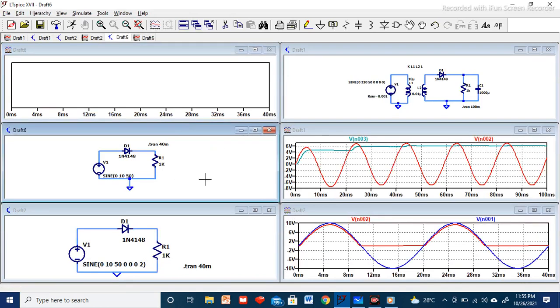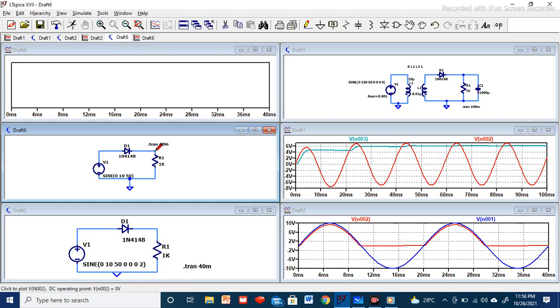Here a lot of windows are open because I already have the circuits I showed you. This was the circuit I'm going to simulate here. This circuit is the current one I have simulated. If I want to see the voltage across this load resistance or the current: if you get this symbol, it means I will get the current across this load resistor, and if I get this pen symbol, I'll get the voltage.